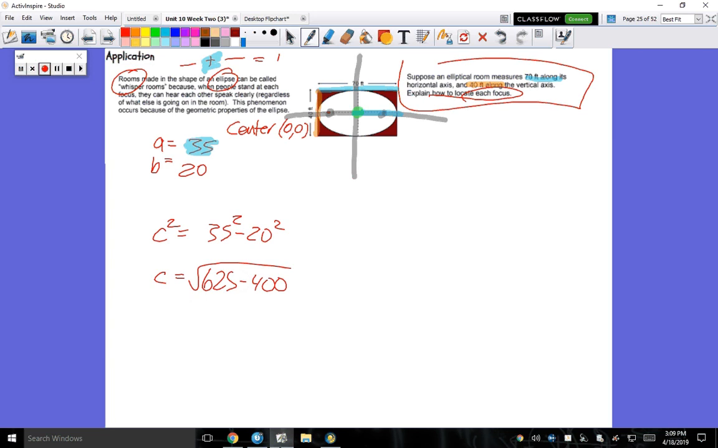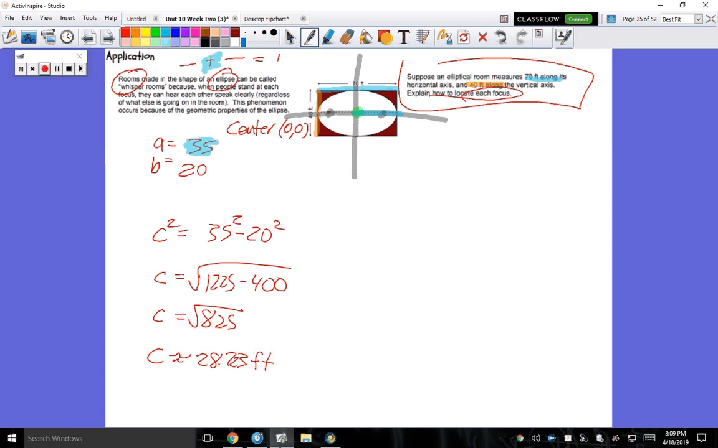So what is, no, I'm sorry, it's not 625. My apologies. It is what? 1225. So if I did that, I would get 825. Take the square root. C is going to be approximately 28.723